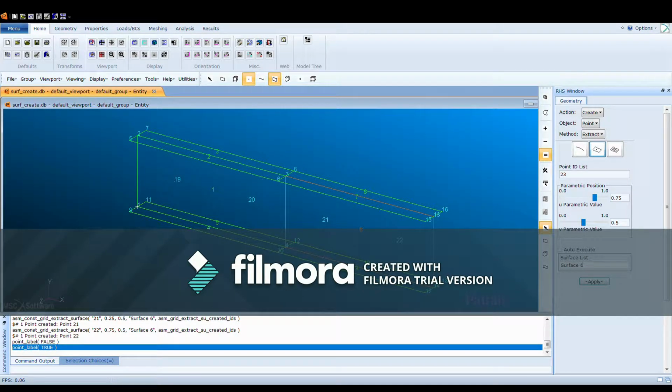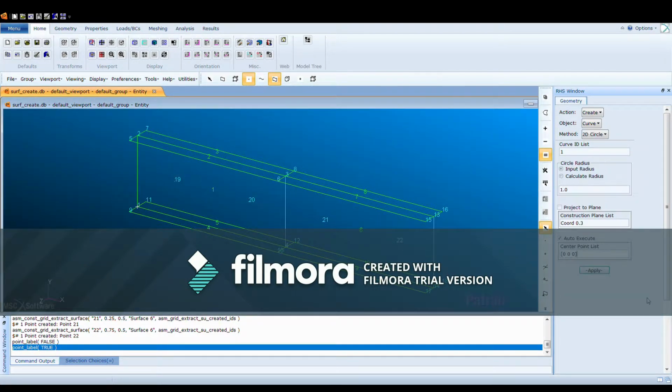Next up, we're going to use the points created to create two 2D circles in each surface. What we're going to do is go to geometry, create a curve, and go to 2D circle. The input radius we're going to set at 2.5 pattern units. Under center point list, we're going to create